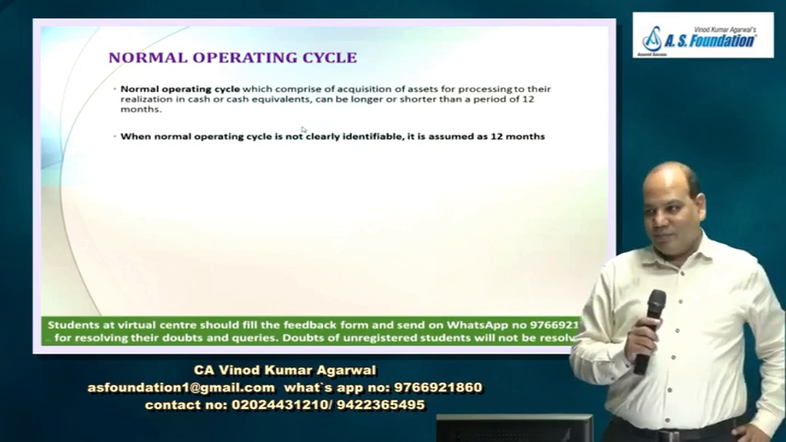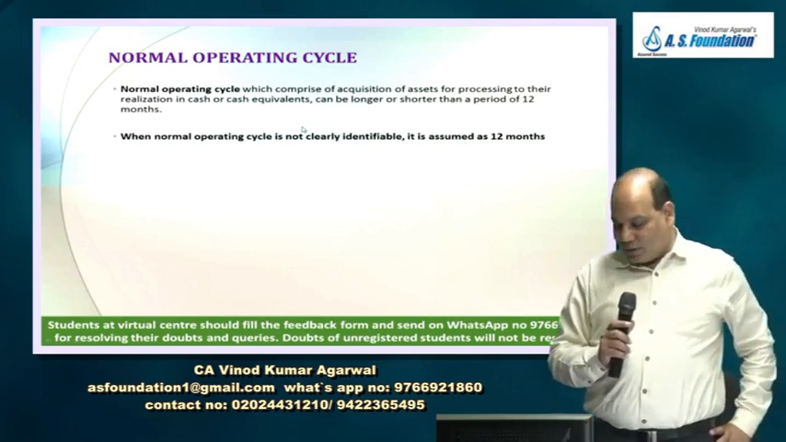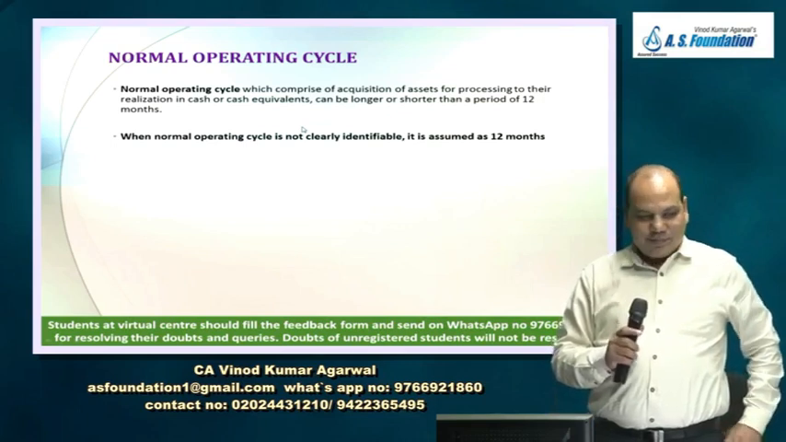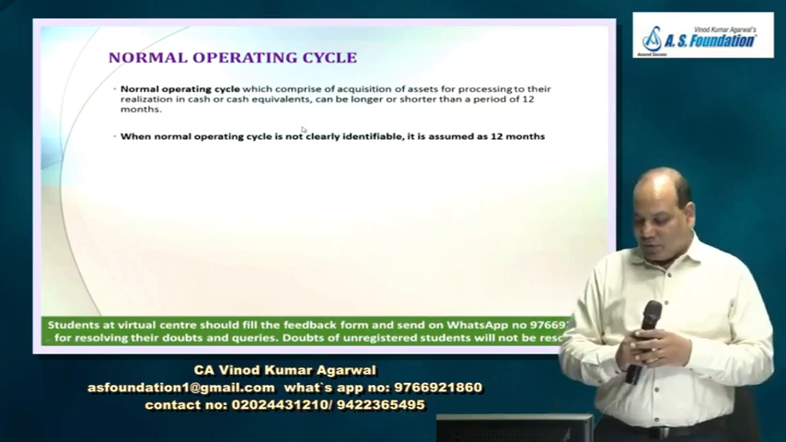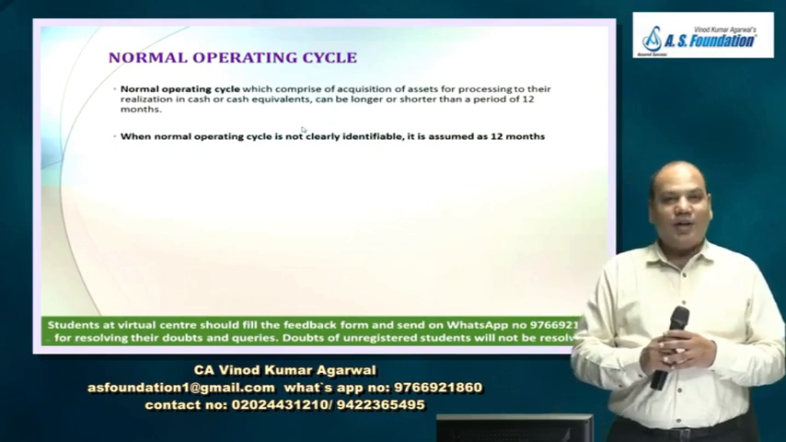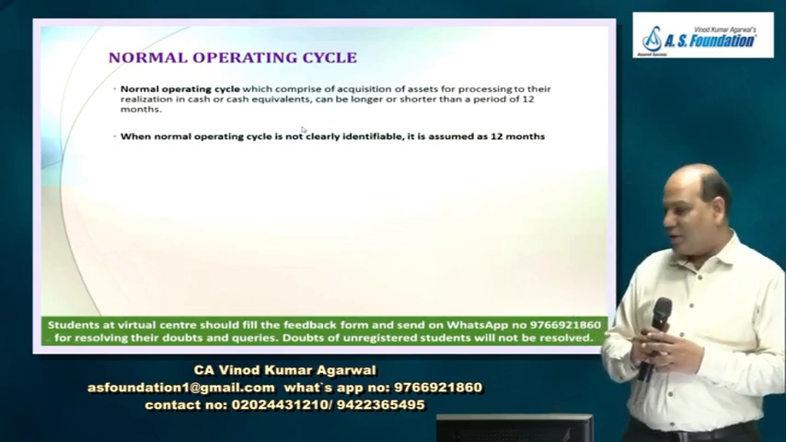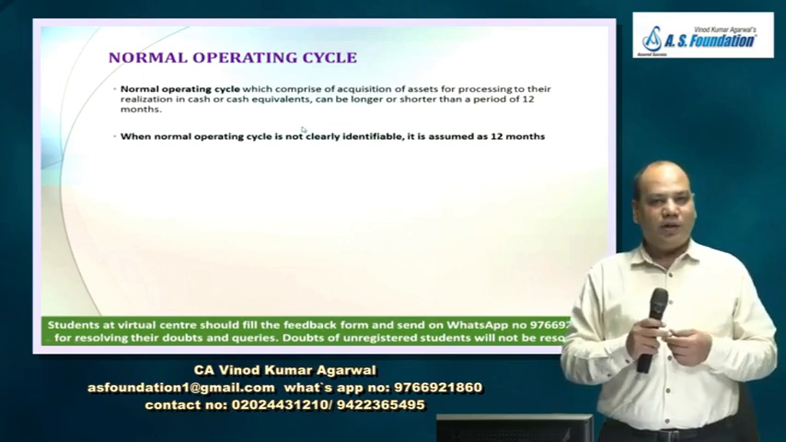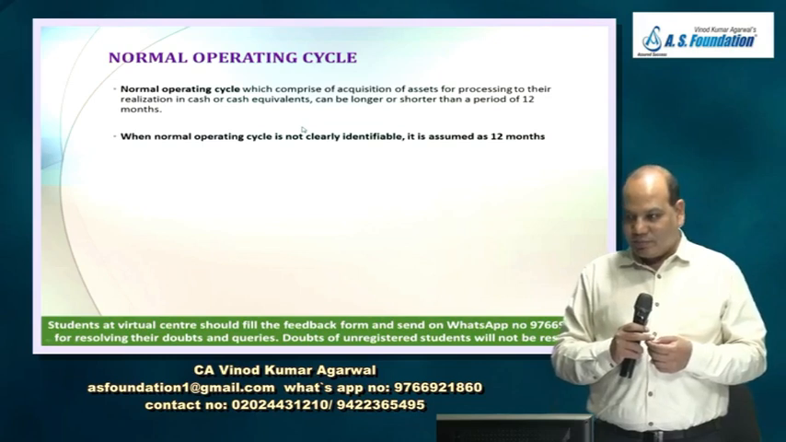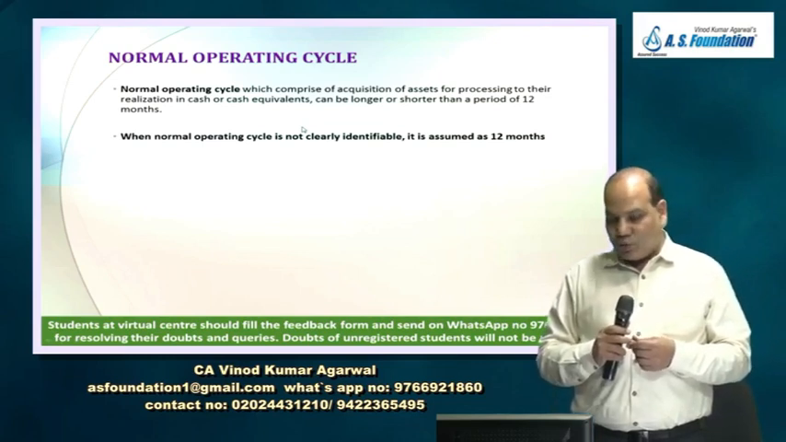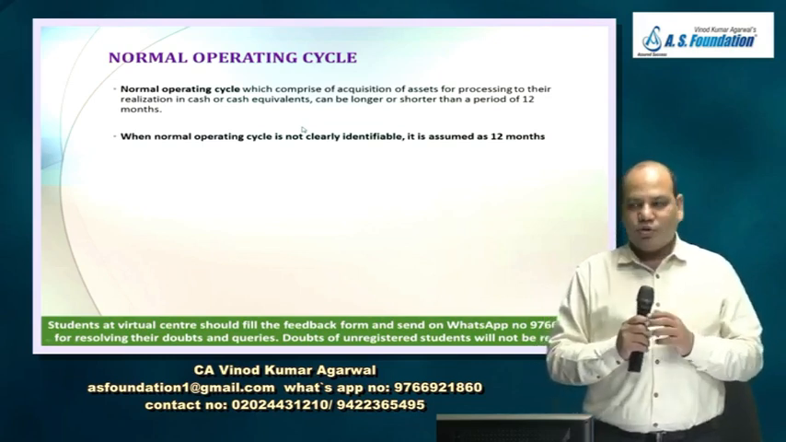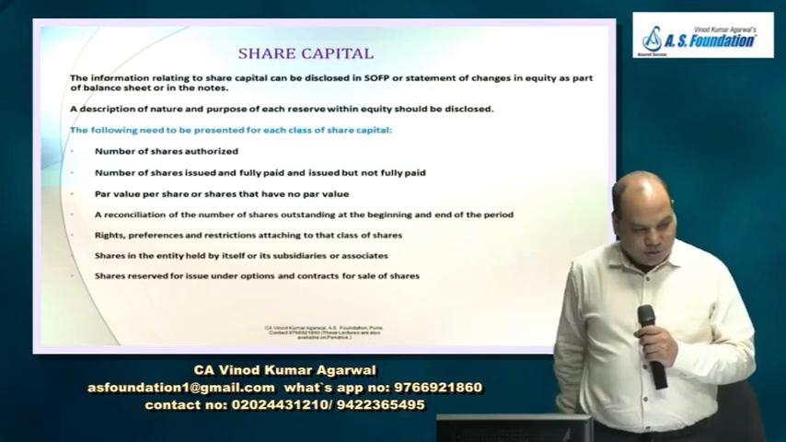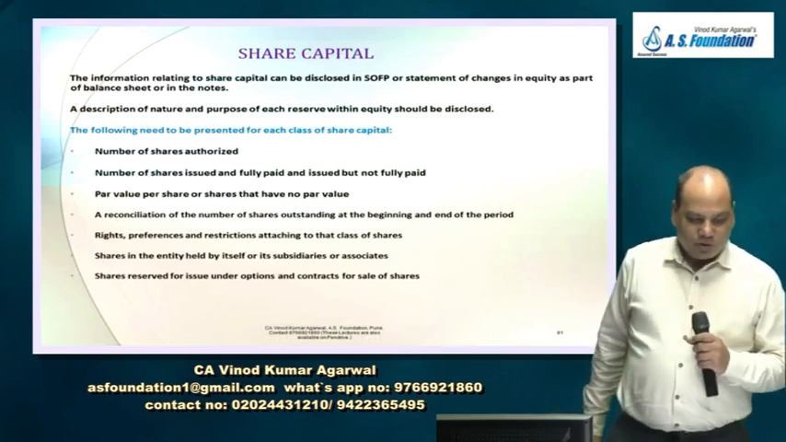Construction industry, okay, more than 12 months. CA industry, many years. If you cannot identify the normal operating cycle, if it is not clear what is your normal operating cycle, business models are complicated. Is it right? Then you can assume it to be 12 months. Now we will see